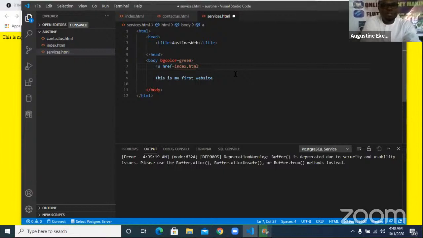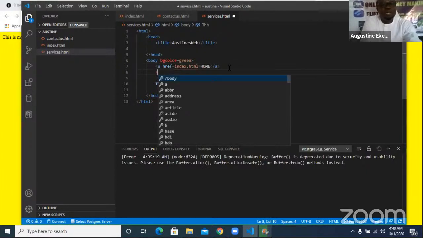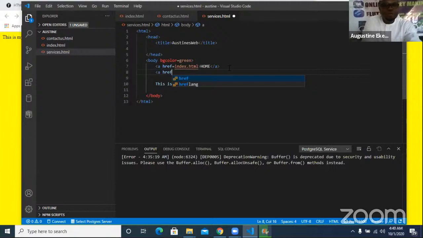Then I'm going to close up this. So what name do I want my index.html to be answering? I want it to answer the home page. So in that same way, I'll create another link for the other page. Which other page am I having? Contact us.html. So I say a href equal to